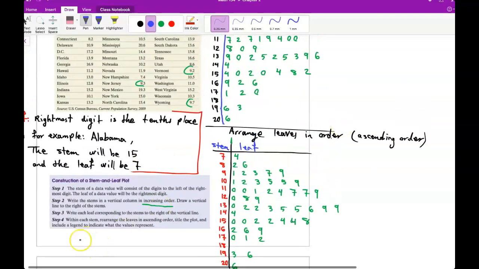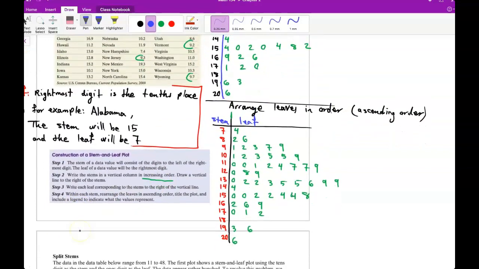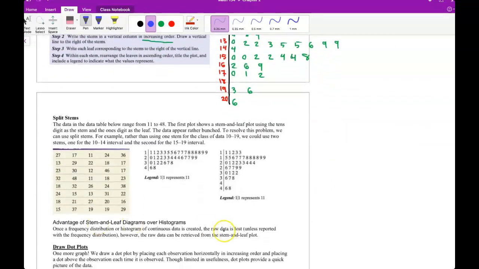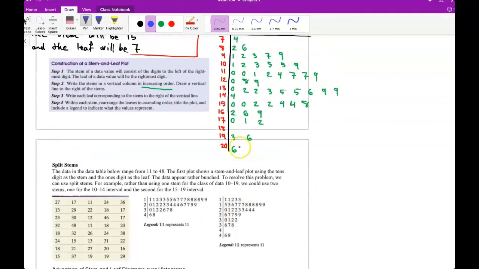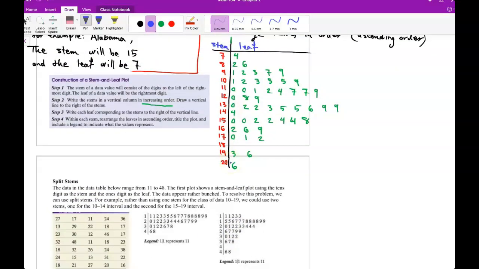And also, okay, what about the legend? We're gonna have that here on this board. So let's have an example. For this, I can have